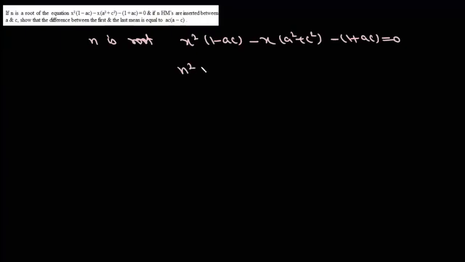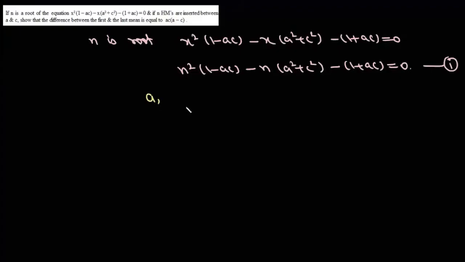So we'll get n square into 1 minus AC minus n a square plus c square minus 1 plus AC equals 0. So that's our first equation. Now it says n HMs are inserted between a and c. So in between a and c, we have inserted n HMs, or we can say between 1 upon a and 1 upon c,